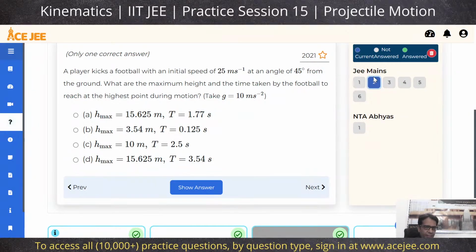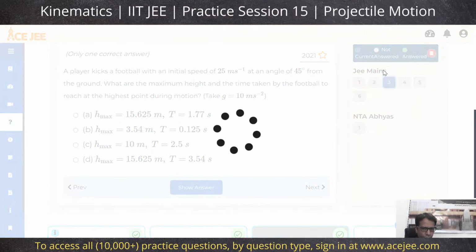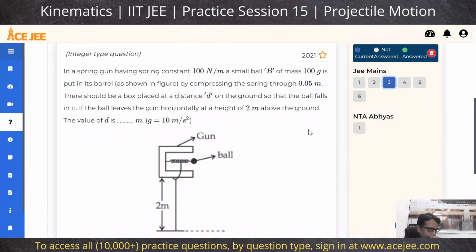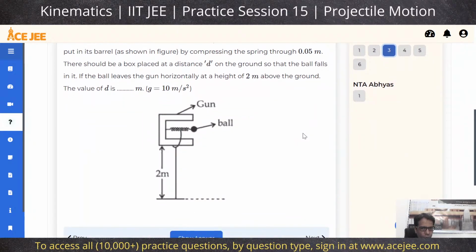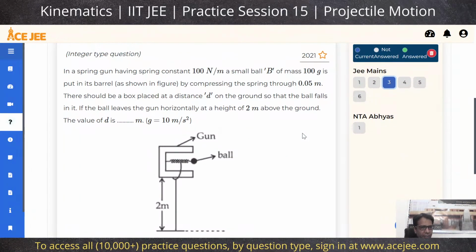Well, let's skip it. This is fairly simple and straightforward. No need to worry about this. Let's look at this question. It seems interesting, so I'll read through it. If this is interesting, we'll solve it. Otherwise, we'll move on. In a spring gun having spring constant 100 newtons per meter, a small ball B of